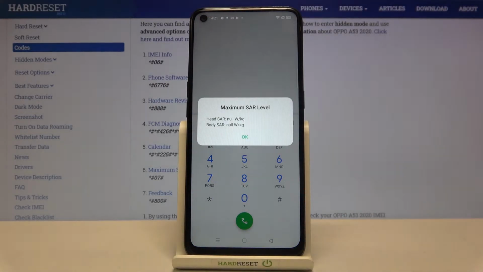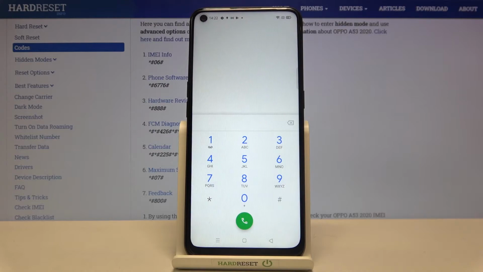It's *#07#. And here we can check the maximum SAR level, so we can check the head and the body of our device. Let's tap on OK and let me show you another code for the software info. It's